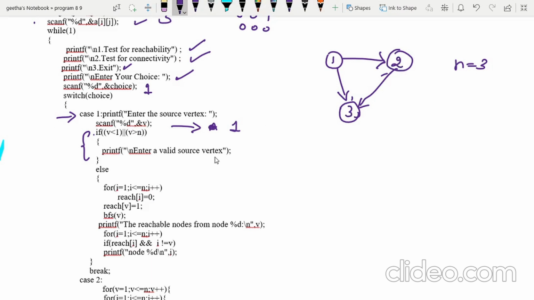If it is a valid node, as I have entered, then we execute the code part of the else.